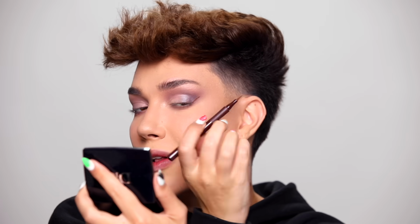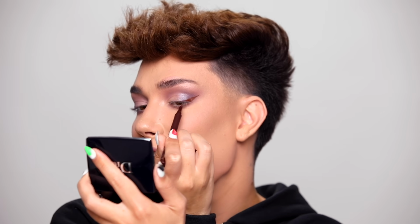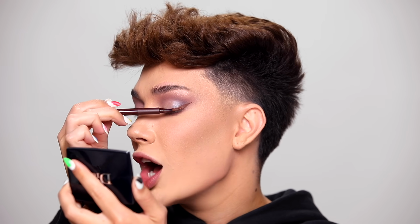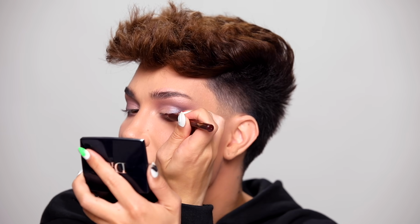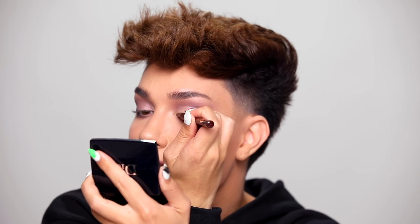The reason why I strongly dislike this product is because the felt tip marker that it has on it gets so nasty so fast. And what I found is that every time I've bought this, which has been twice now, this one being a 3rd time for the sake of this video, when you try to layer on top of too many eye products, it really quickly dries up and makes the entire marker no longer usable, which really sucks